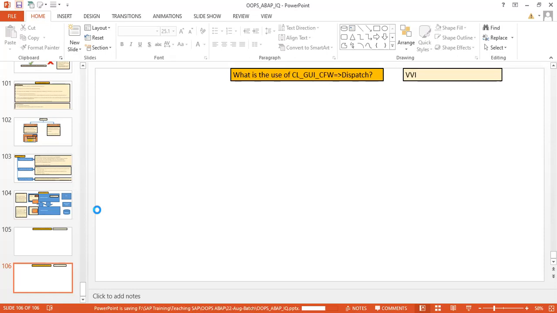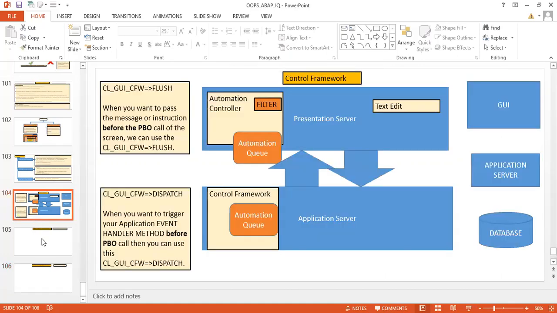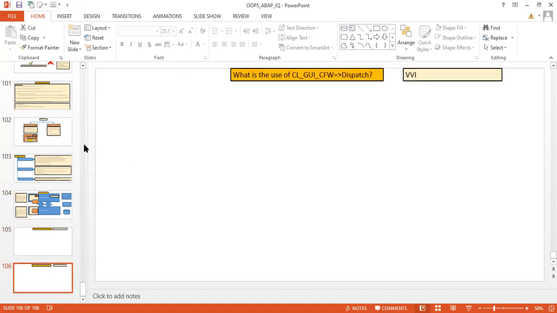From tomorrow onwards, we'll start with ALE IDocs or ABAP on HANA. Just let me know which you would like to start with, ABAP on HANA or ALE IDocs or something else. In the agenda we have ALE IDocs, ABAP on HANA, workflow, and then OData.